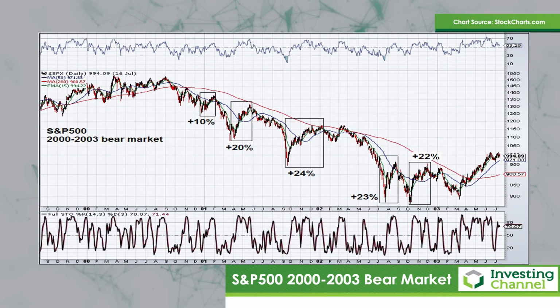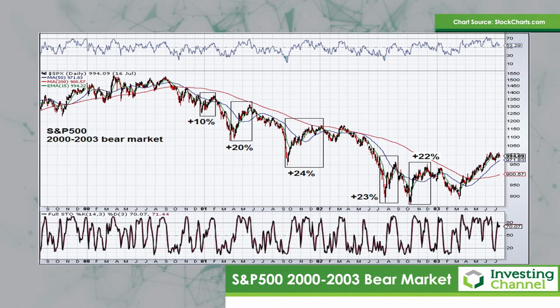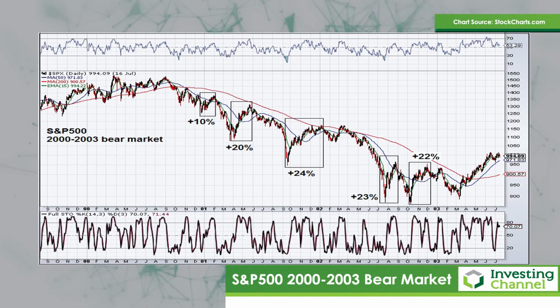But also what you'll notice there is that there were some very big rallies during that bear market. You'll notice there were a couple of rallies in excess of 20%. So what I'm saying here is that in a bear market, you can actually get some very violent rallies to the upside. And that's what we need to be careful of. But those are also nice shorting opportunities if you're looking to try and play the market on the short side and look for a continuation in the bear market.